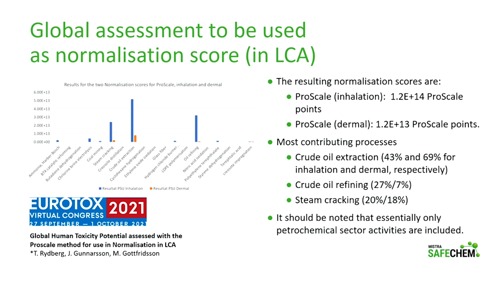It turns out that there are basically 3 process types that are extremely important in this particular calculation. It's the crude oil refining and extraction, and steam cracking, which is more or less a very core process in the petrochemical industry. But of course, we predominantly assessed processes in the petrochemical industry, so it might not be too surprising. But anyway, it's a value for normalization that you can use, both for inhalative impacts and